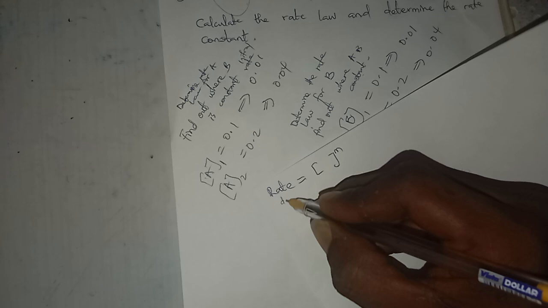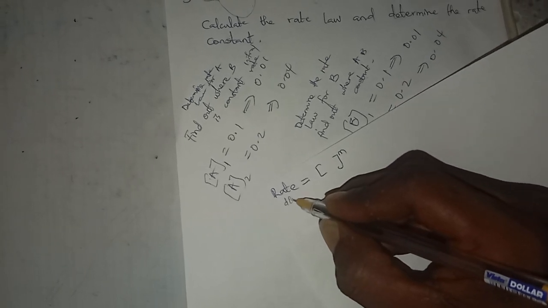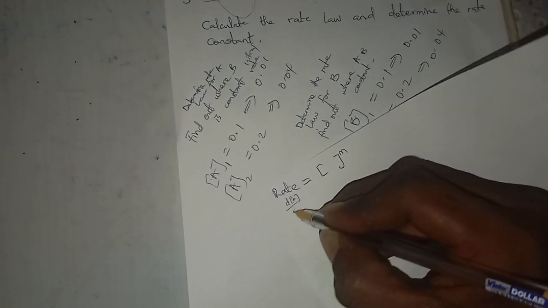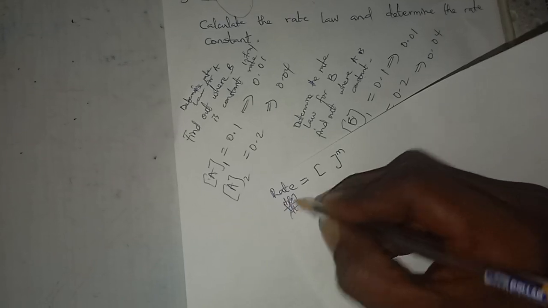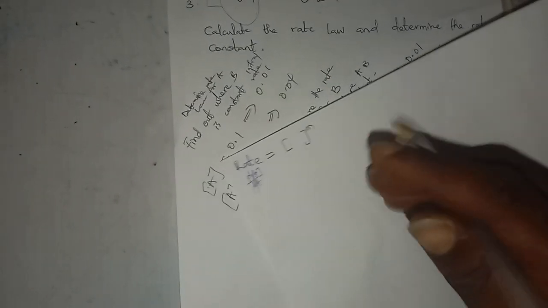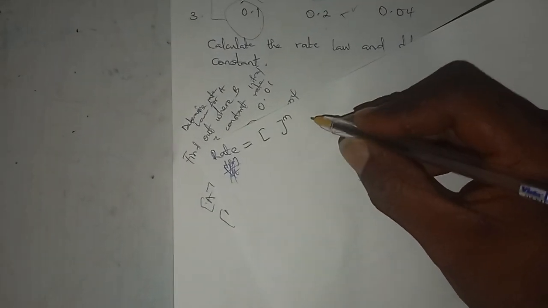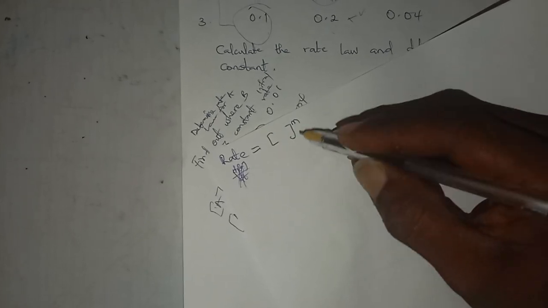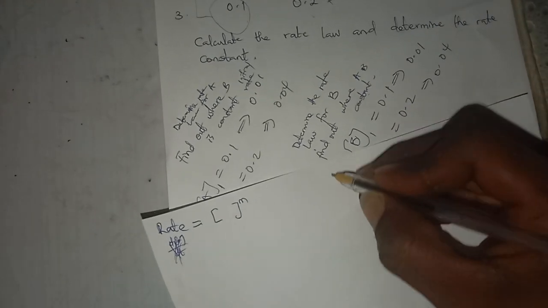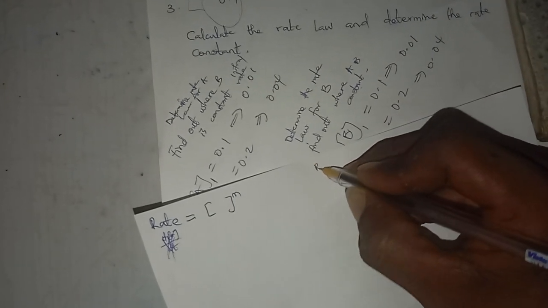We can also say that the rate is the rate of disappearance, let's say of A, with respect to time, but we have no business with this. So whenever you are talking about the rate of a particular concentration, it is equal to this. But now when you have more than one experiment, to find the rate law,